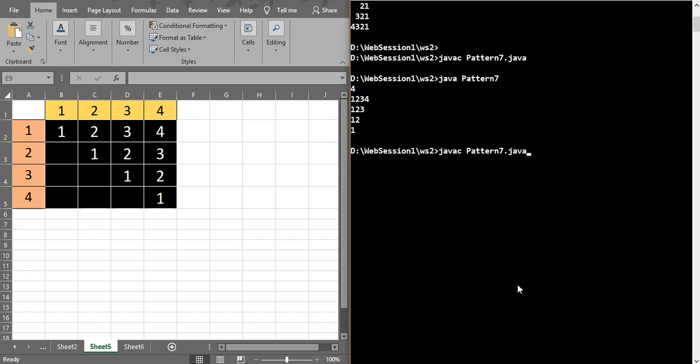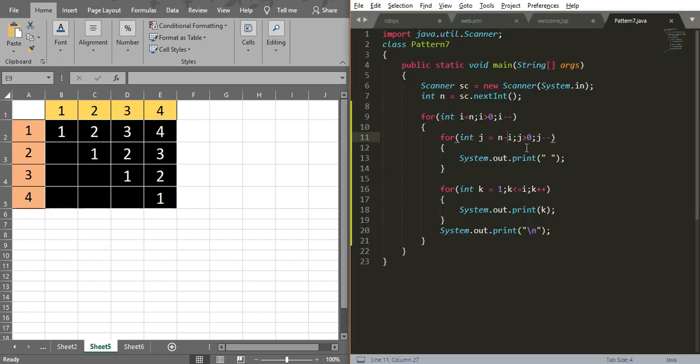So now compile this program, execute this program.